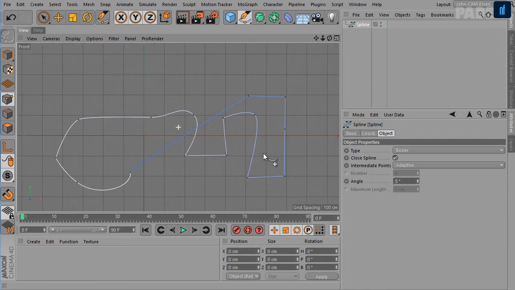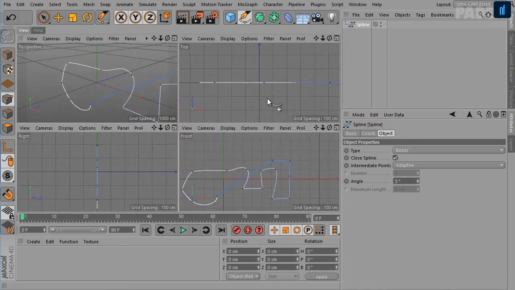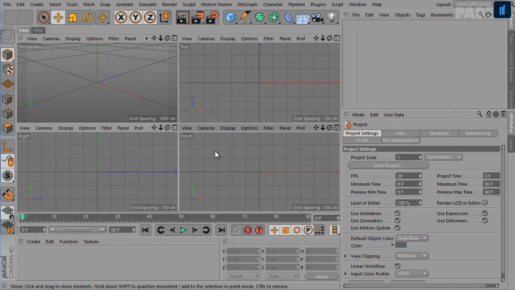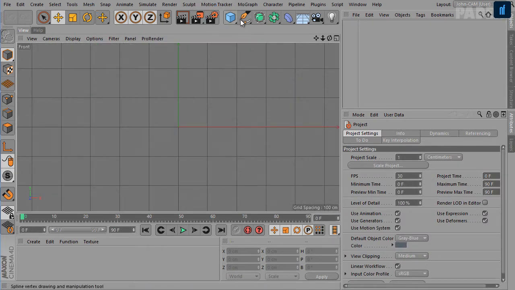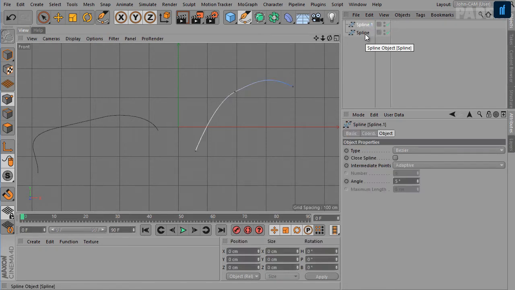If we connect two spline objects using this tool, let me create two splines here. I'll create a spline here, press escape, and then create another spline and press escape. So now we have two splines here, spline 1 and spline.